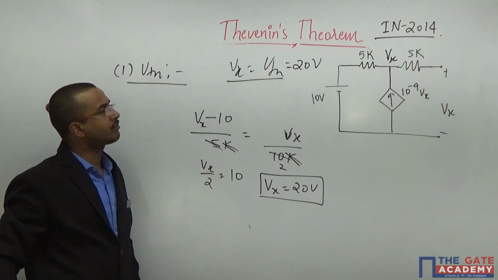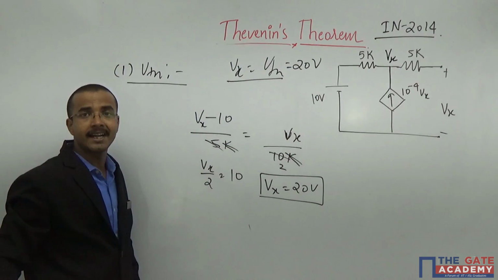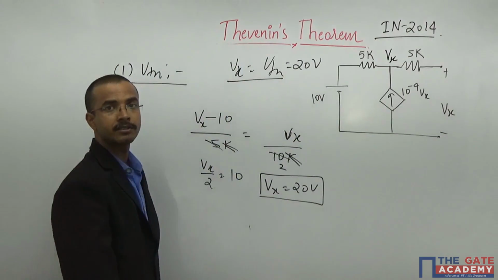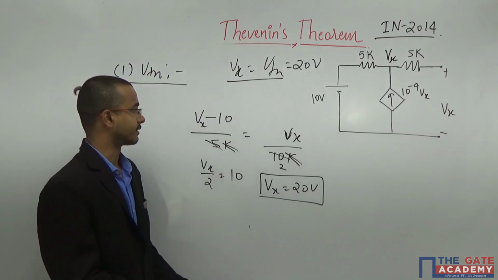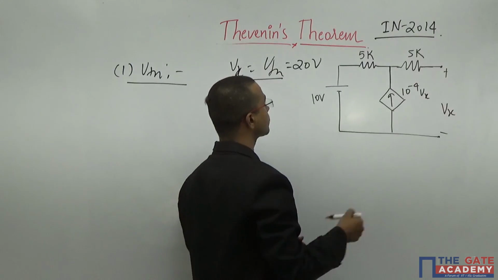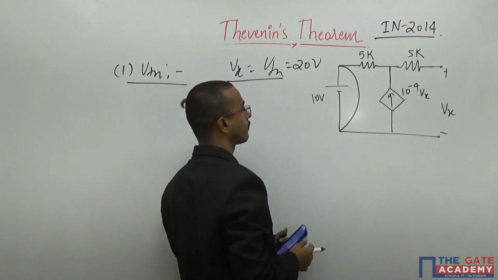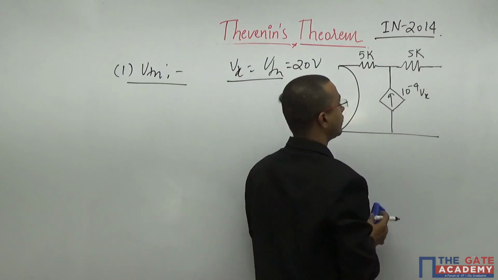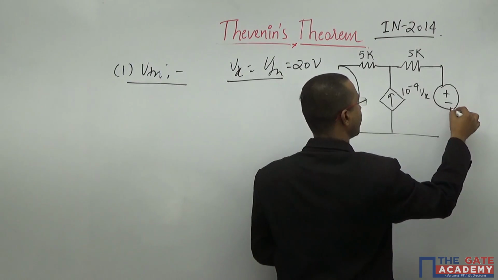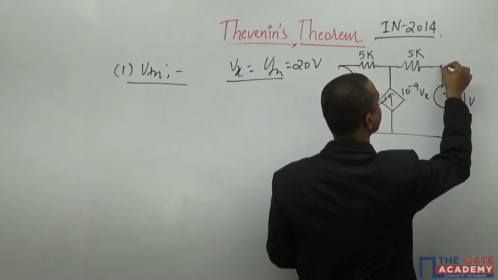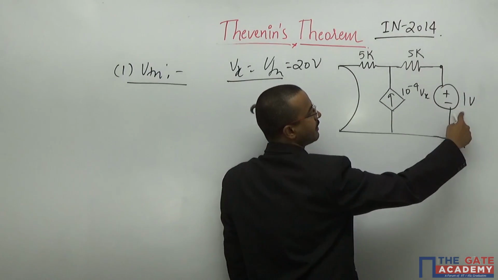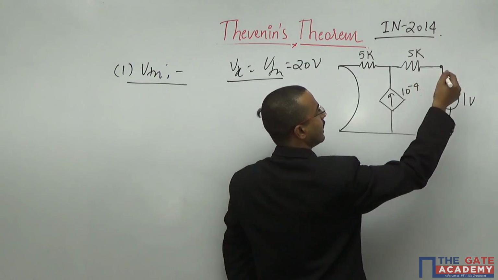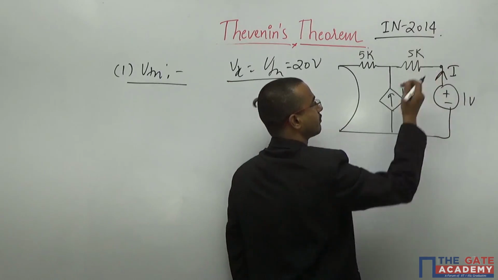Next thing, we have to calculate the value of the RTH. That means how much resistance you are seeing from here when all the independent sources are replaced by their internal impedances. Remove the independent source from here, and it will be like this, and add one test source of 1 volt from here, 1 volt. As you have replaced this Vx by 1 volt, that means here the Vx will be 1 volt, and you will assume that the current is capital I outside of this.